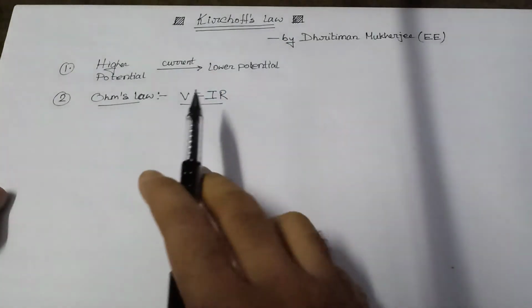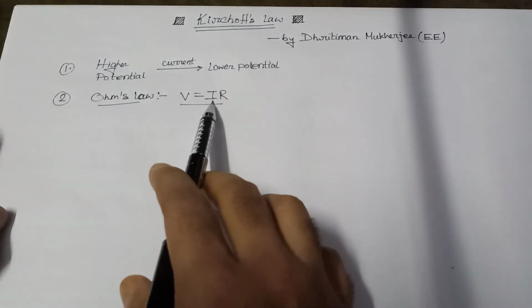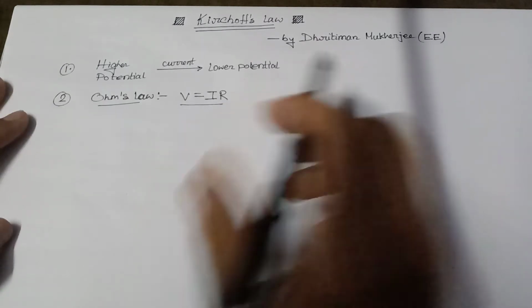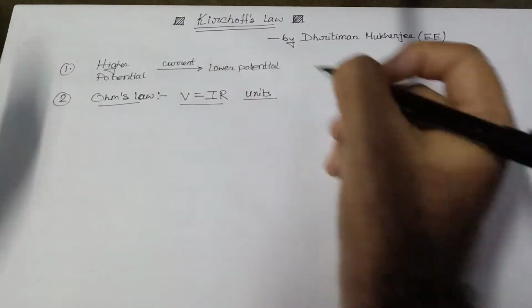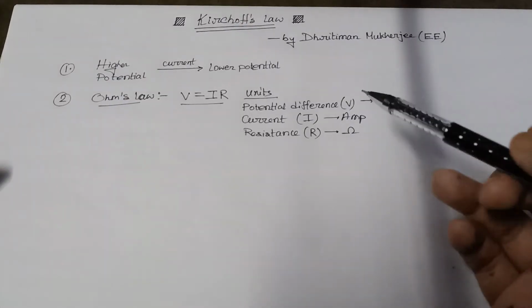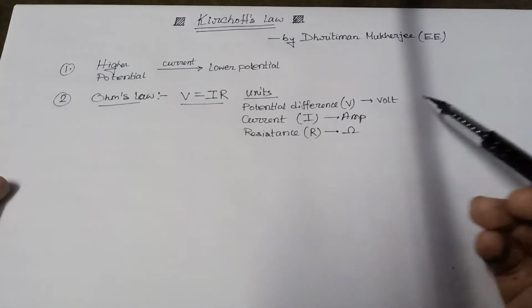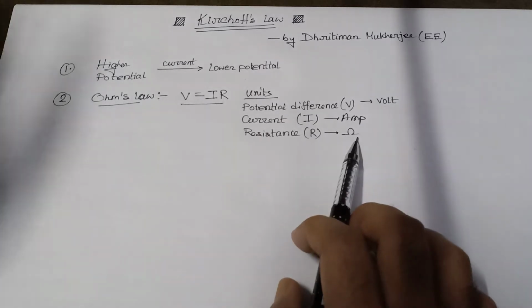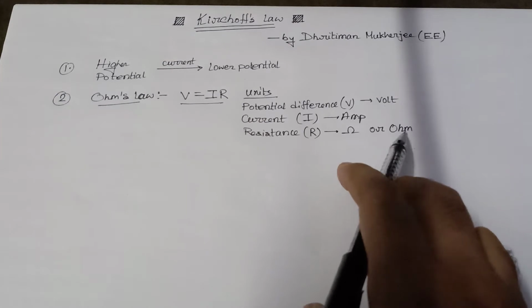Where V is the potential difference between two terminals, I is the current through the conductor, and R is resistance. Units are important. The unit of potential difference, that is V, is volt, the unit of current is ampere, and the unit of resistance is ohm. You can also write it like OHM, ohm. Okay,